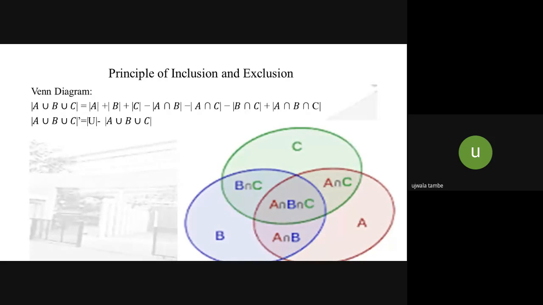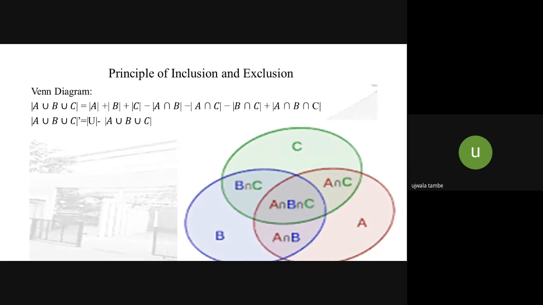So this is the Venn diagram for intersection and union of three sets. So as we know, this is the common portion of all three sets. Okay, look carefully. This is the common portion, which is A intersection B intersection C. Okay, so it gives us the common elements of all three sets.